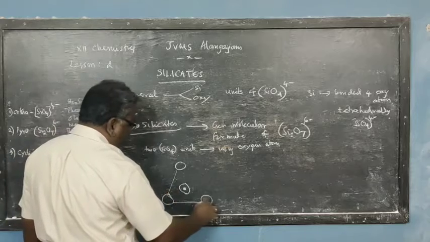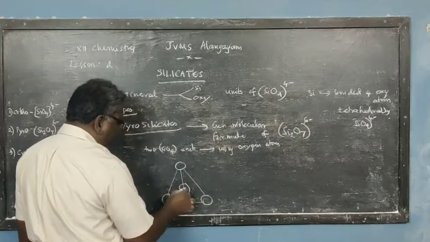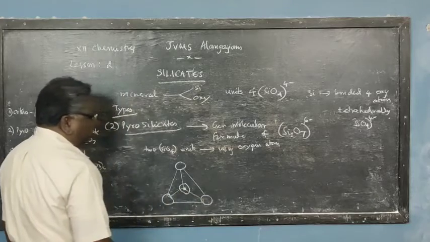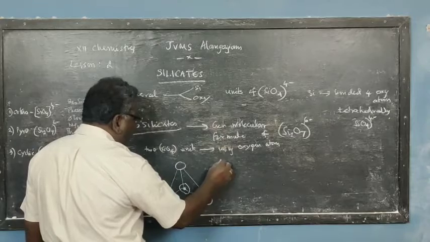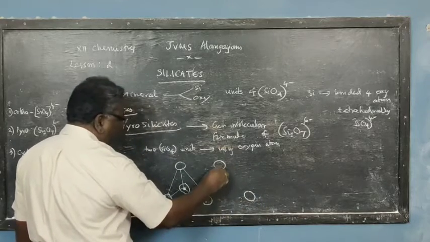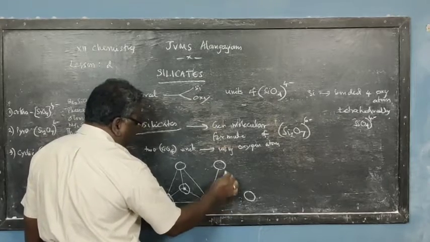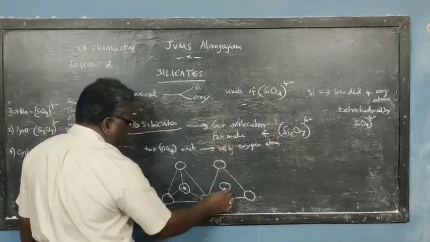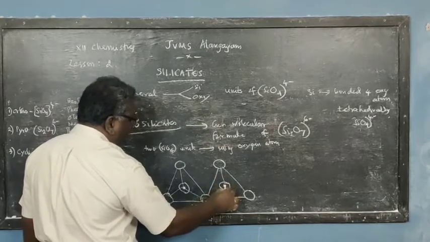So we connect this like this, and the bonds are formed like this. Now this oxygen becomes common for the next one also, right? And we have one silicon, one oxygen in the middle, one silicon, and the bonds,